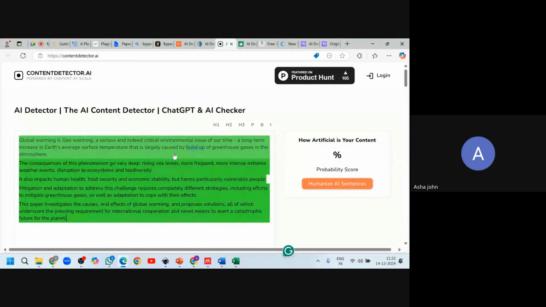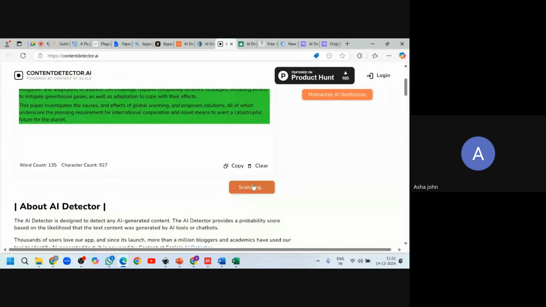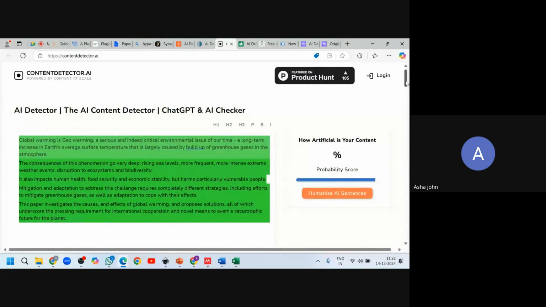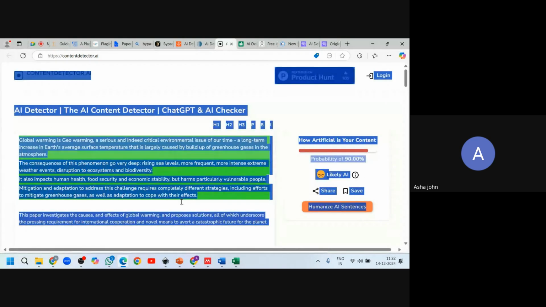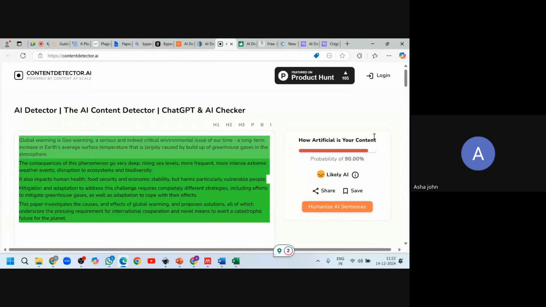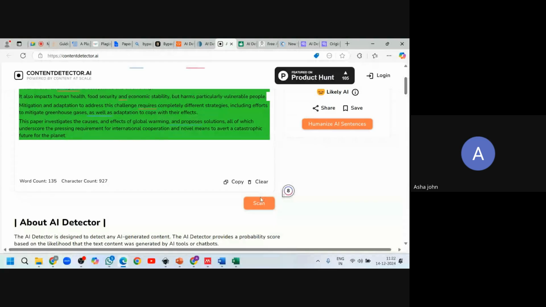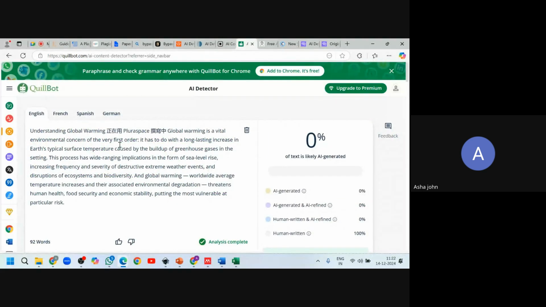Now Content.ai is showing 90%, highly probable that it is AI only.